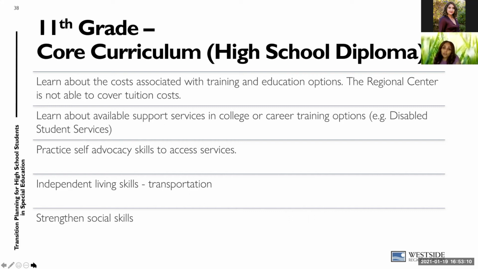Social skills are very important. Kids in college would have to live with roommates sometimes. They have to engage with their professors and things like that. So working on what's appropriate social skill behavior when we're dealing with other individuals, and allowing our students to strengthen their skills before they leave the high school, is very important. Next.